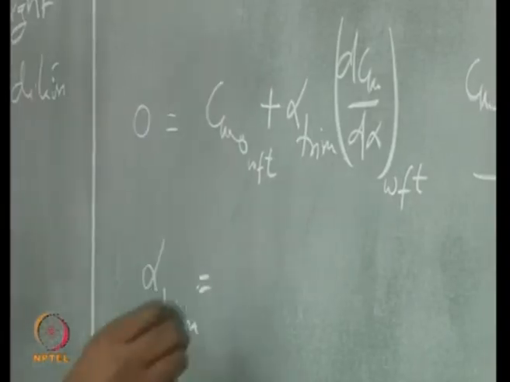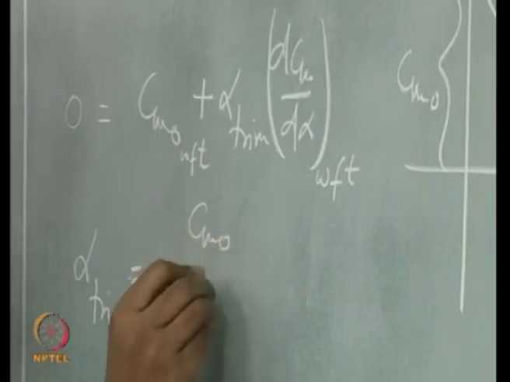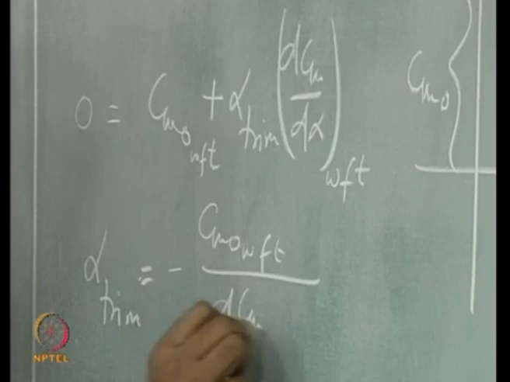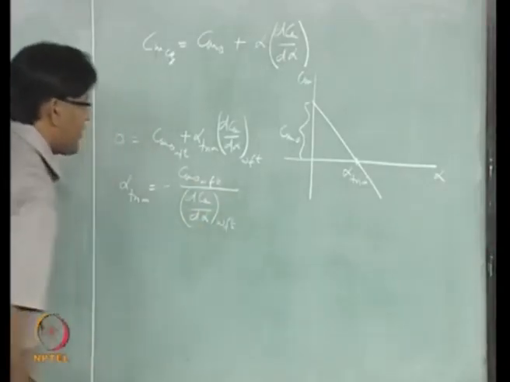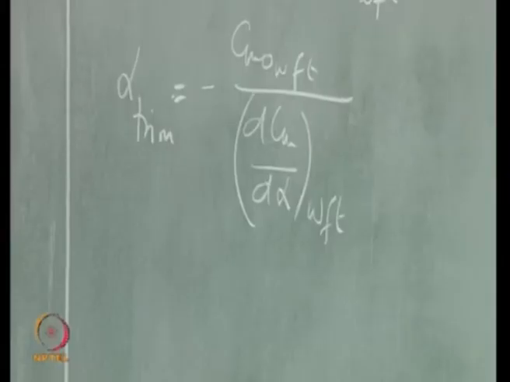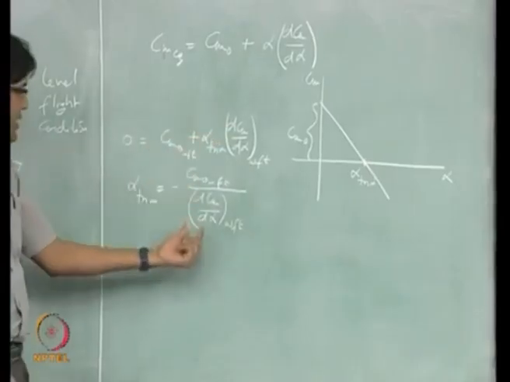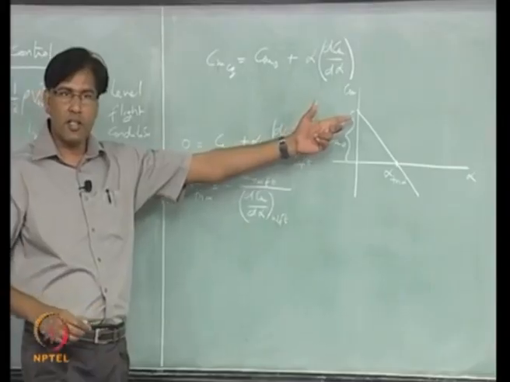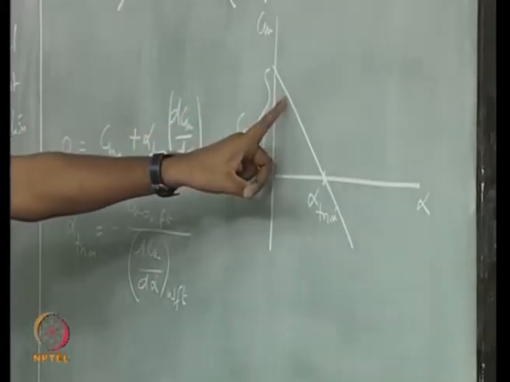So that is one thing you can do. And that will have no effect on the stability. Okay, you are changing the Cm naught, you are not changing Cm alpha, right. So it is not going to change the slope of this curve. So you are only going to shift this curve parallel to this original one,